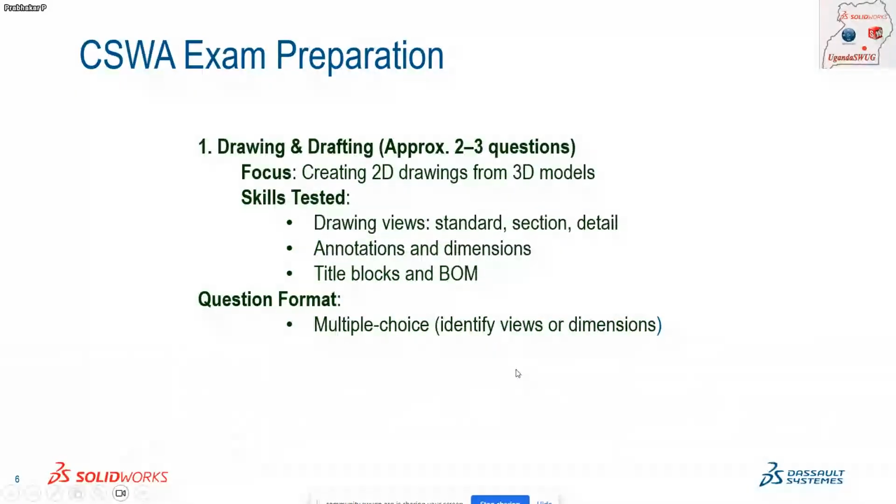As I told you, in total there will be 14 questions. Out of these 14 questions, 2 to 3 questions will be on 2D drawings from the 3D model.